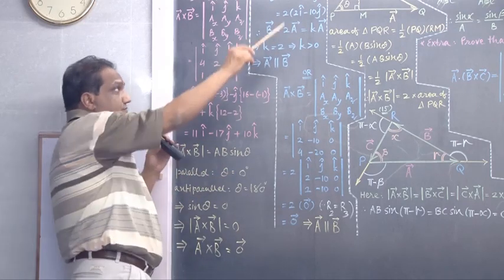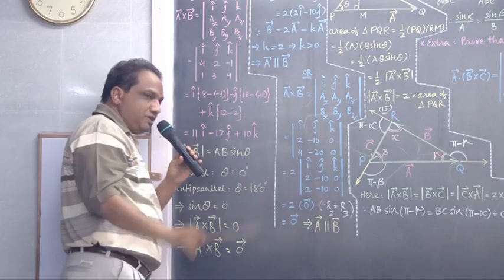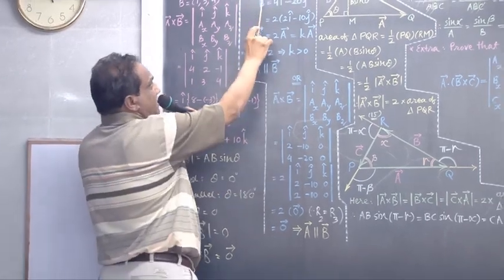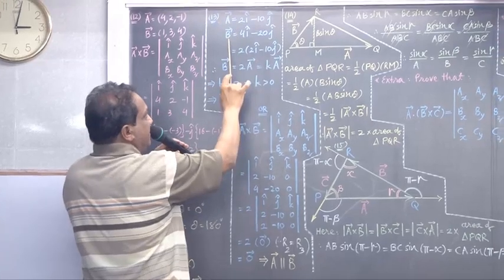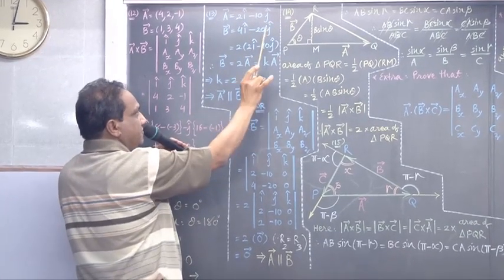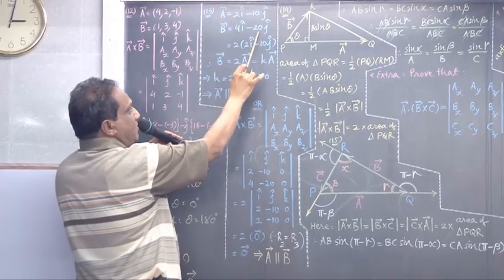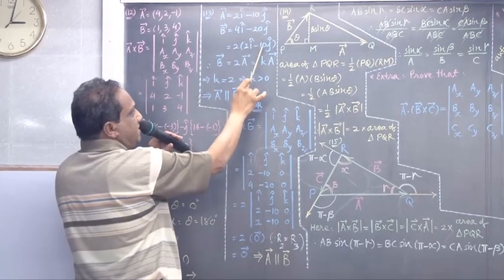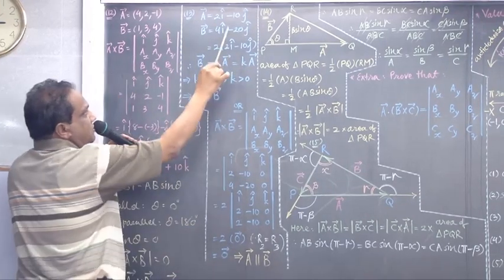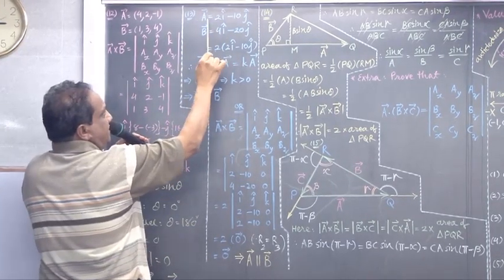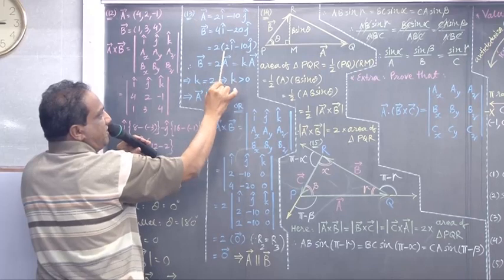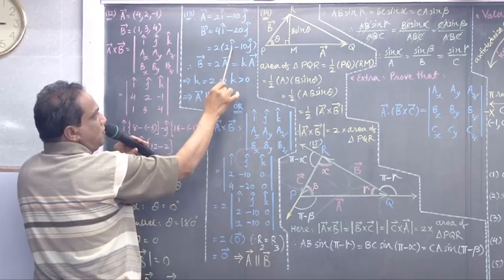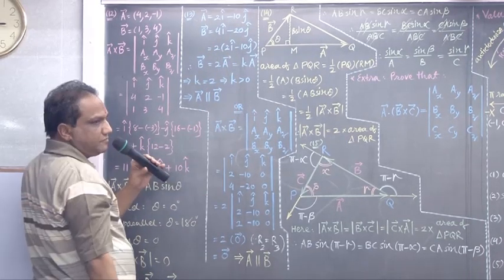The right proof is this. It is short also and it is perfect. Vector A, the same vector. Vector B, written the same way as they were given. Now just take 2 common from here. So when you take 2 common, it is 2I hat minus 10J hat. What is this? 2I hat minus 10J is vector A. So this is 2 into vector A.